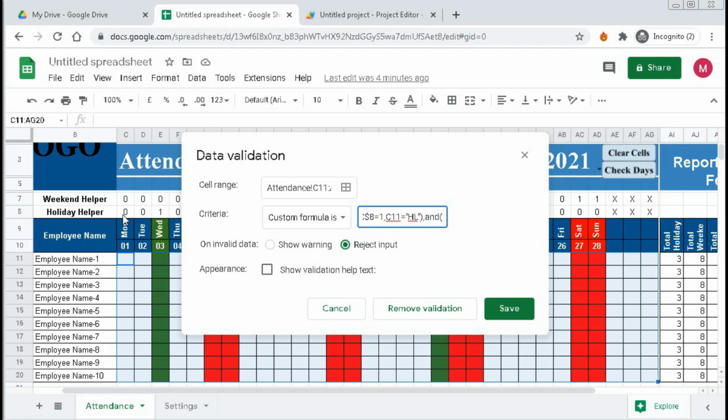and this cell, that is C$7 equal to 1, comma, C11 equal to Saturday, bracket close, comma, and again C$7 equal to 1, comma, C11 equal to Sunday, bracket close, save.